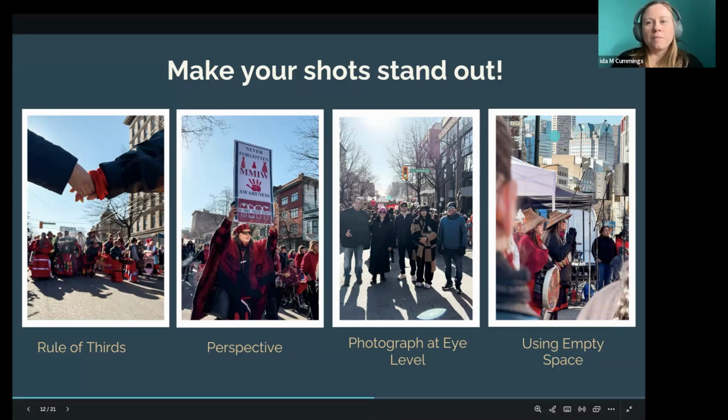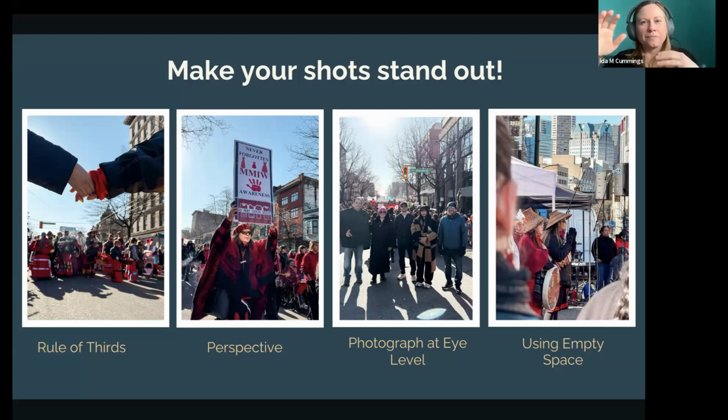With empty space, what I mean is all this space here, it doesn't have anything. It's clean. It's not clean. If it was a sky, it'd be cleaner. You know what I mean, though. This is a great place to add text, because your eyes looking at the foreground are pushed into the people themselves. And then here, if you want to write something about the event. So really consider where you are going to put your empty space.